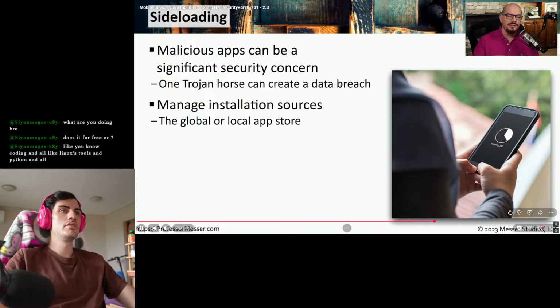For example, you may specify that your mobile devices can only be installed from